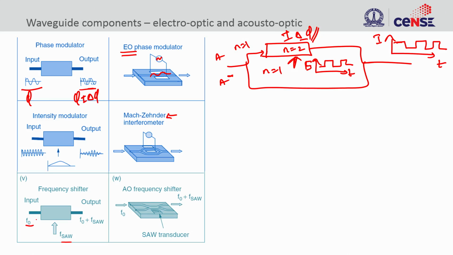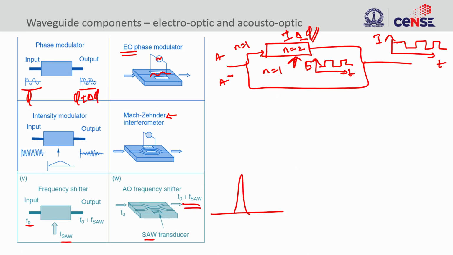A modulated light or an unmodulated light, you are going to interact with the frequency coming from the surface acoustic wave here. The surface acoustic waves are going to interact with the incoming optical waves, and they will mix. This is basically frequency mixing, and this will generate